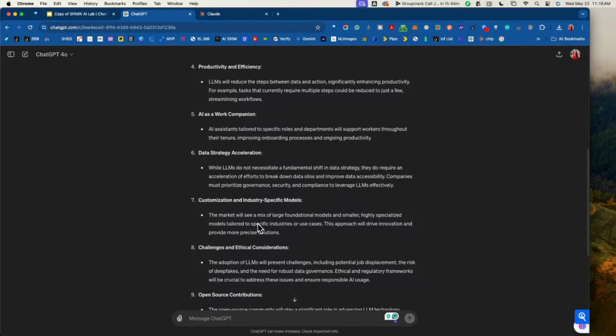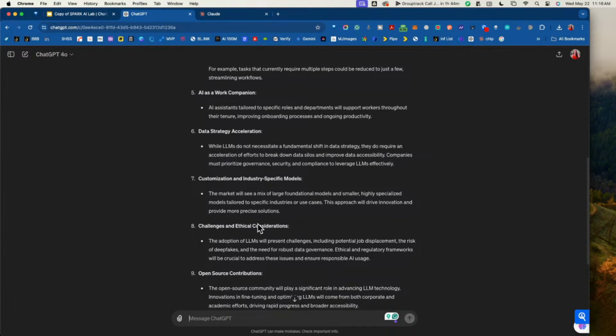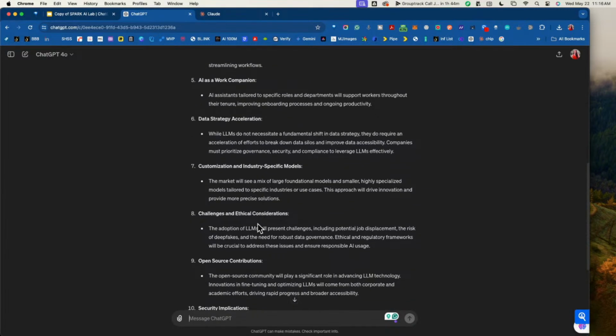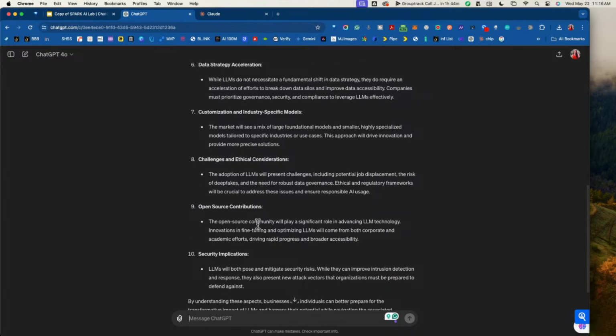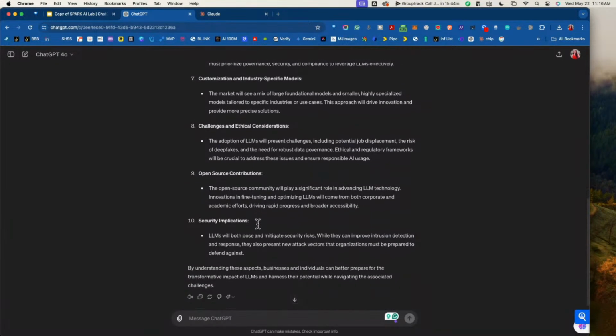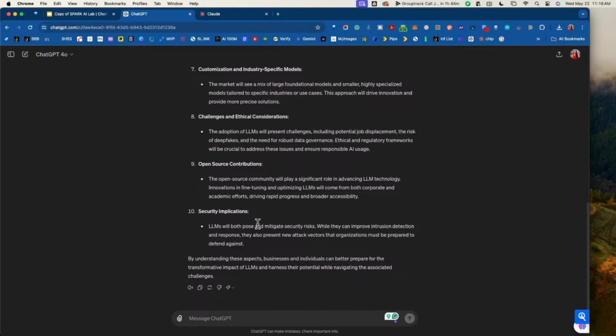Data strategy acceleration, customization and industry specific models, and challenges and ethical considerations. It will also have open source contributions and security implications. Now, it's gone through and actually given me this out of a document. Okay, so if your minds are not blown yet, this was out of a PDF. It was able to interpret this information.